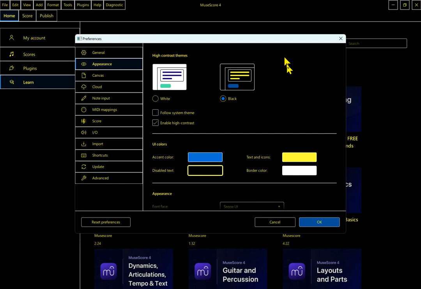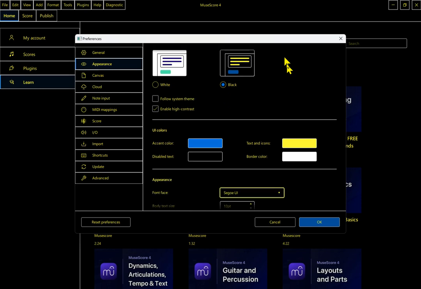Disabled text, button. And this is allowing you to select the color for disabled text, for text that's grayed out. And it's actually pretty black right now. And I'm going to hit right. Border color, button. And this is what draws the border. So it's set to white right now, and it's drawing borders around all of the different buttons. And so that's where you can change that color. Now, any of those colors, depending on any particular vision issues you have going on, those might be interesting buttons to play with. But I'm going to hit tab now to move to another area that I think you'll